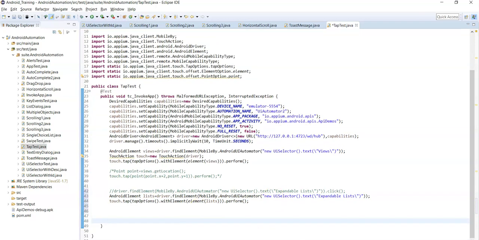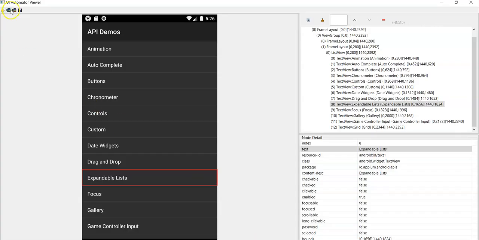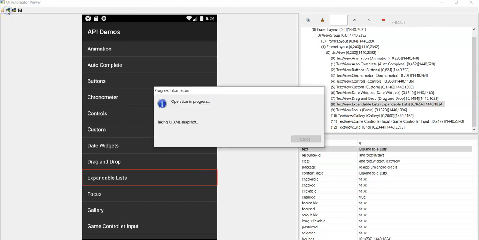Now after tapping on Expandable Lists, you need to tap on Custom Adapter, right? For that you need to identify the locator of Custom Adapter as well. Now go to UI Automator Viewer and click on the device screenshot icon to capture the screenshot of the device.